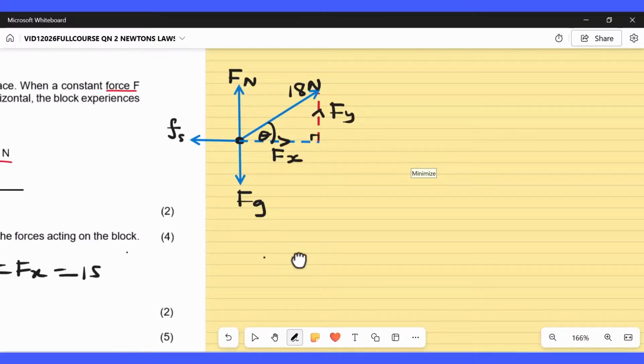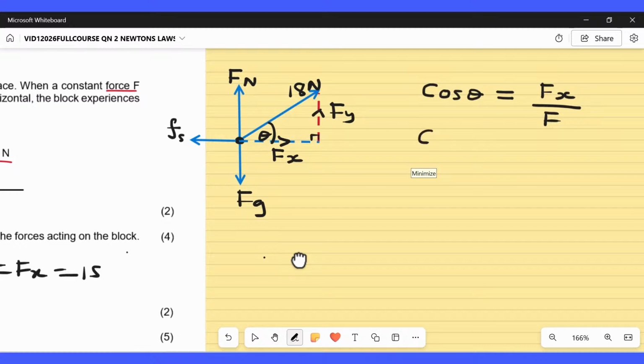Because we're looking for theta, the horizontal component they gave us is 15, and the force is 18, so to get theta we find the cos inverse